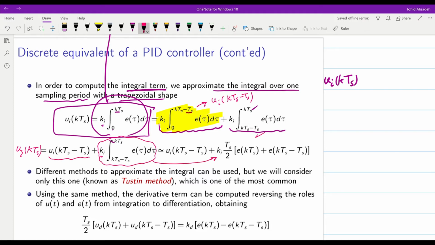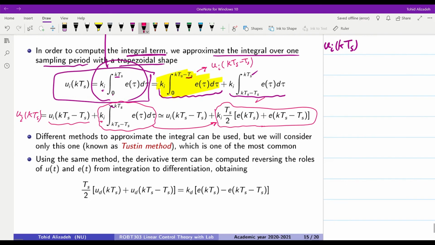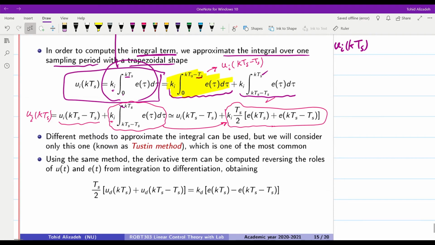Ki times ts over 2 times e at k times ts plus e at k times ts minus ts. So this is an approximation of the integral term, and it gives us indeed the expression for the ui part. ui at k times ts is almost equal to ui at k times ts minus ts plus the rest of